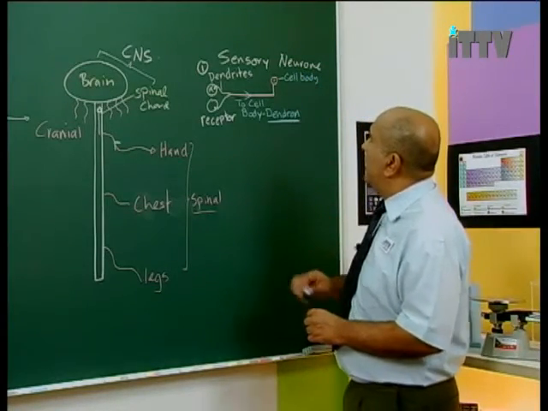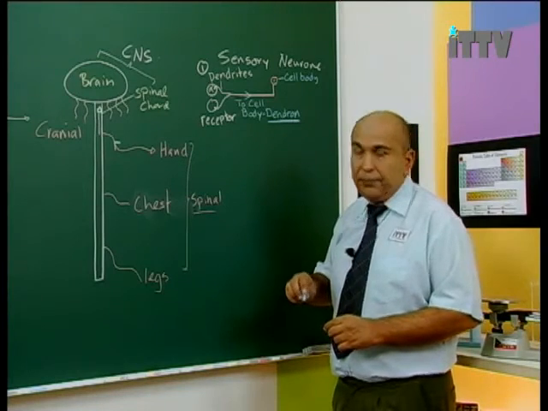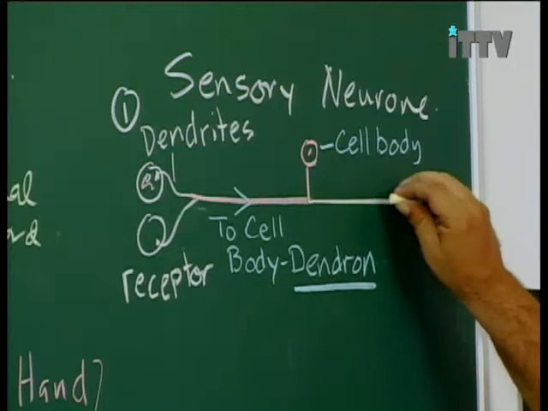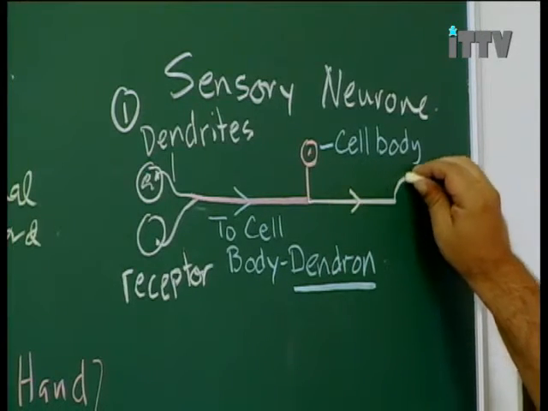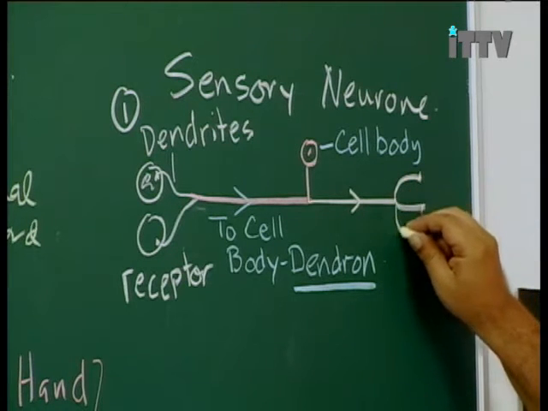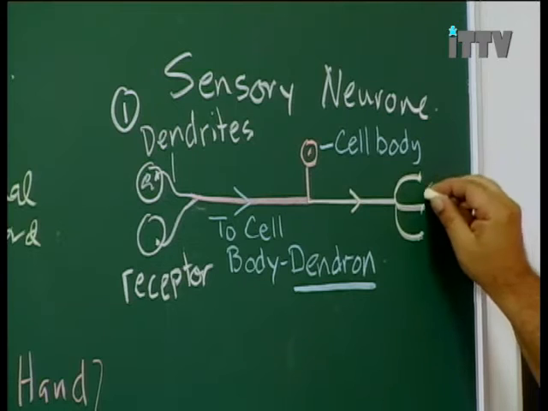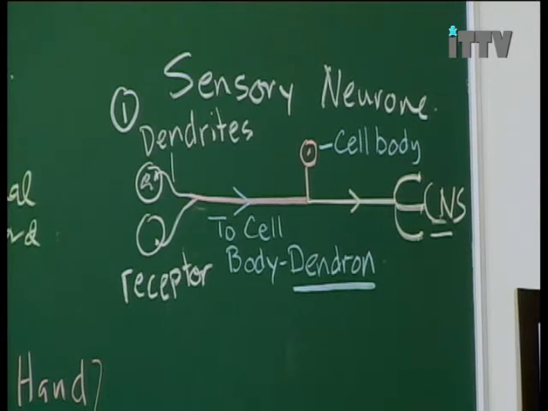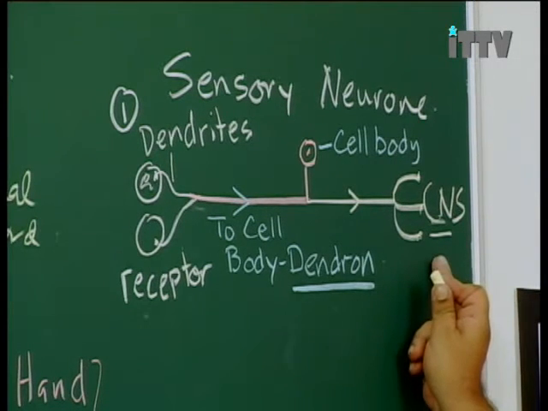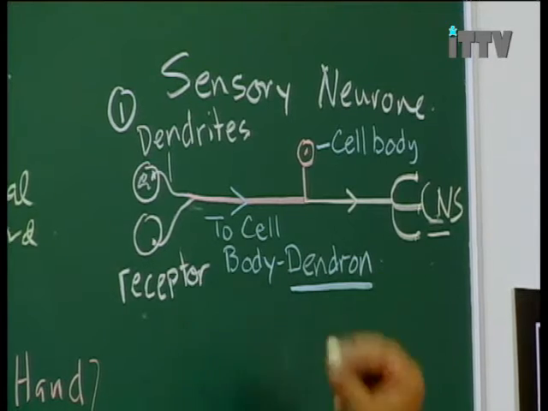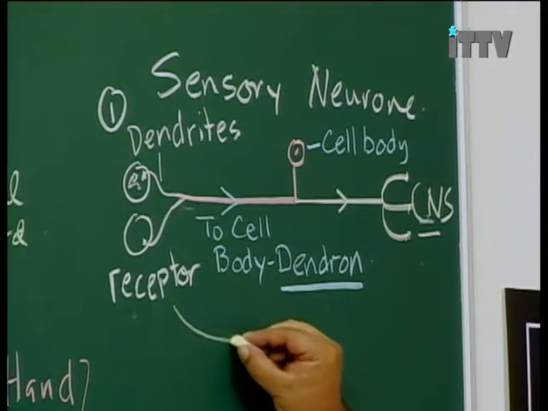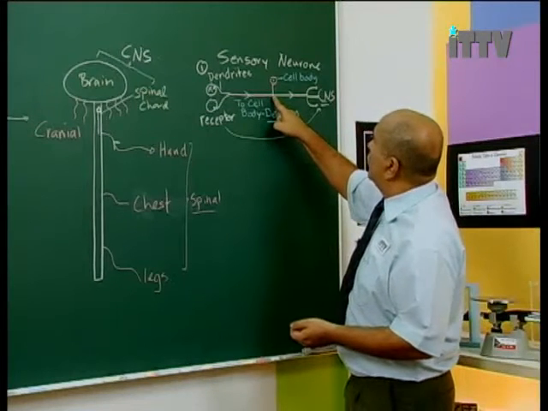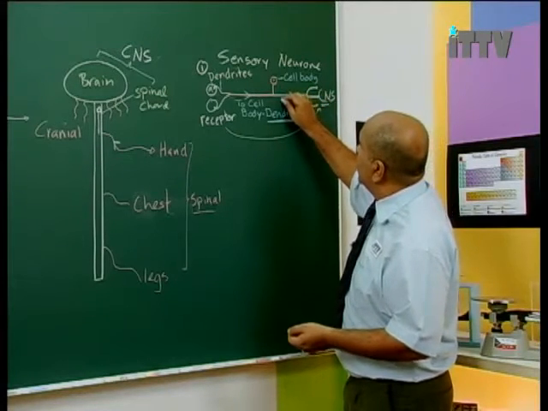This is the cell body up here. This controls activity. From here, we shoot out and continue, and then dendrites here, and over here is the CNS. So we are going from receptor to CNS. That is the key for a sensory neuron: receptor to CNS. This area here that goes from the cell body to the CNS is known